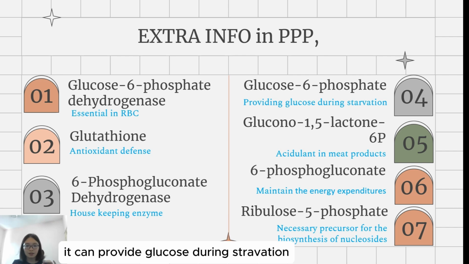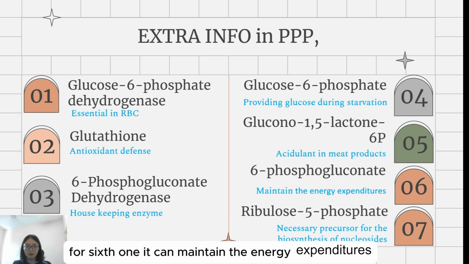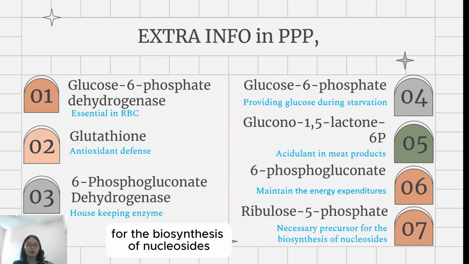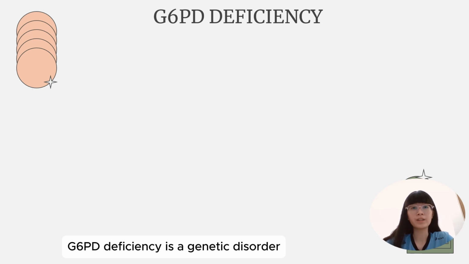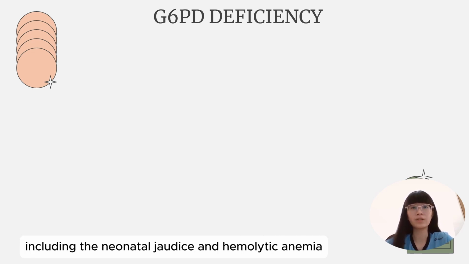The fourth one can provide glucose during starvation. The fifth one is an oxidant in meat products. The sixth one can maintain the energy expenditure for the seventh part, and the seventh is an essential precursor for the biosynthesis of nucleosides. G6PD deficiency is a genetic disorder that can lead to several clinical manifestations, including neonatal jaundice